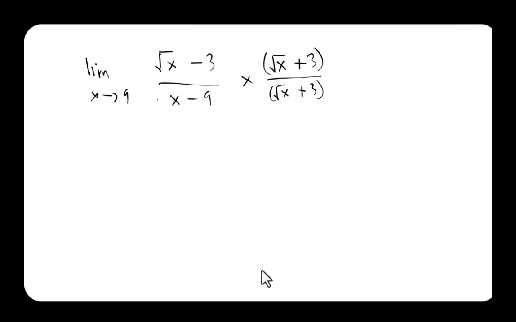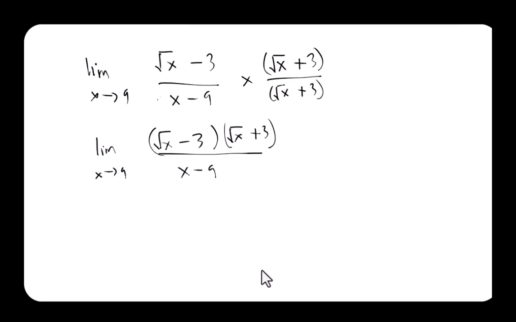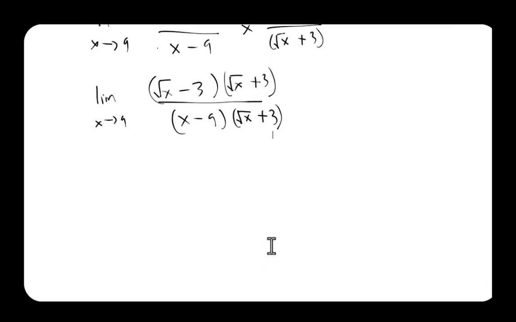Now this is going to give us limit as x approaches 9 of the expression square root of x minus 3 multiplying square root of x plus 3 divided by the expression x minus 9 multiplying square root of x plus 3. Now when we simplify this further, this is going to give us limit as x approaches 9